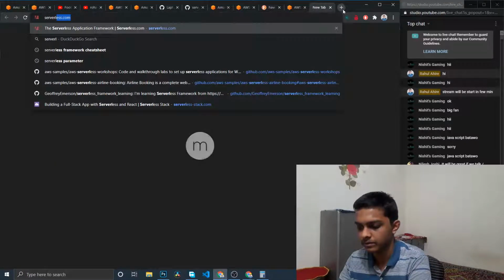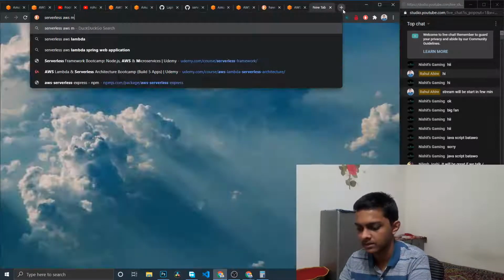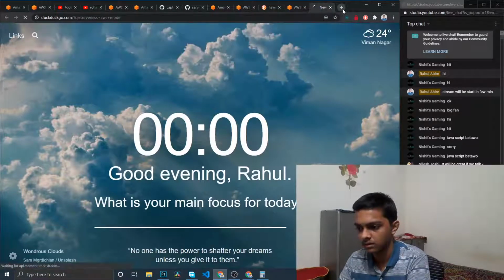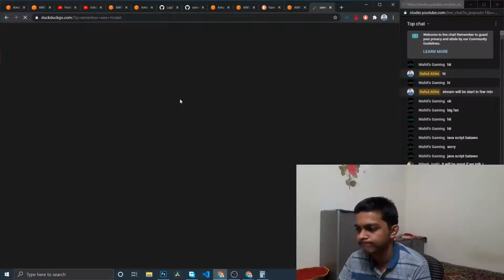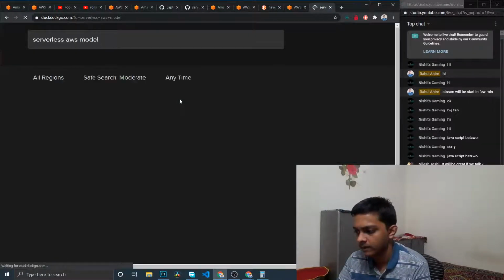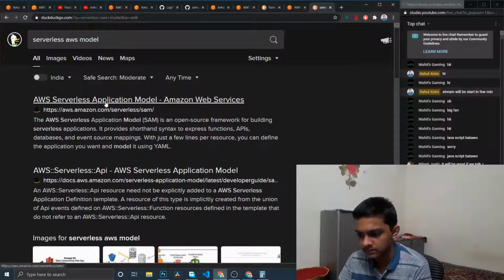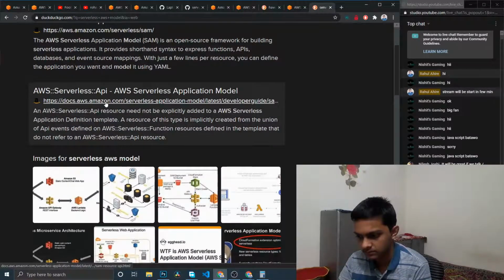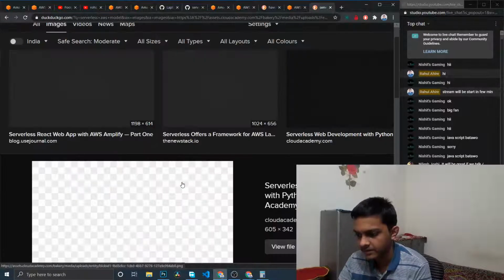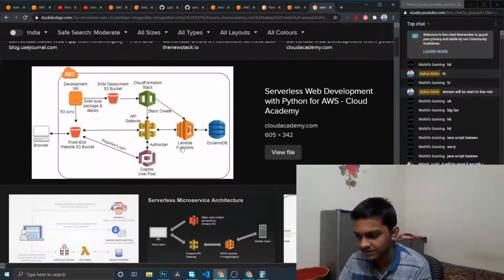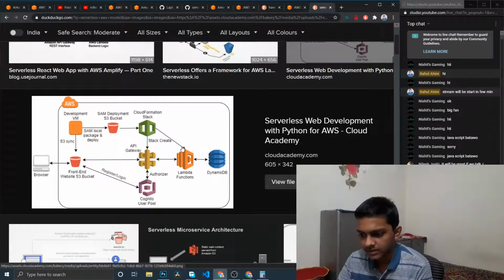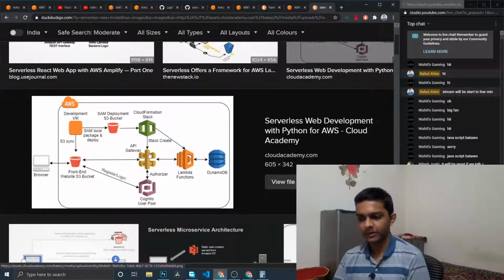If I go to the serverless AWS model, let's take this one first. Okay, so this is what you can really see, this is what the API Gateway is.